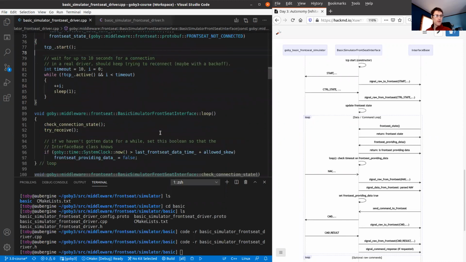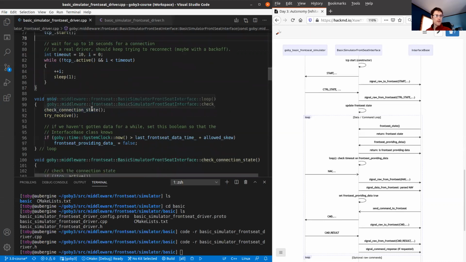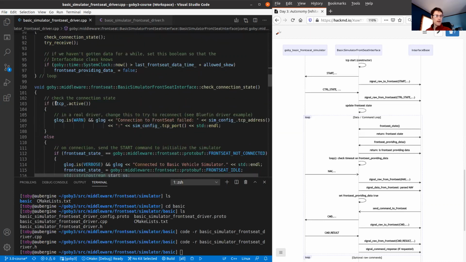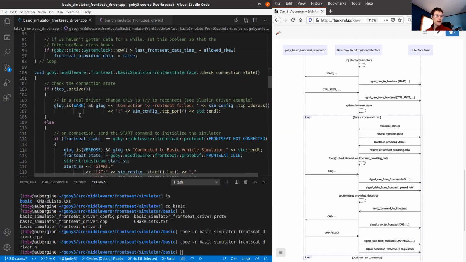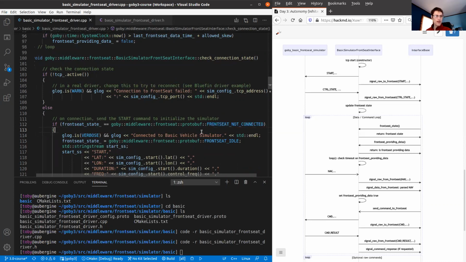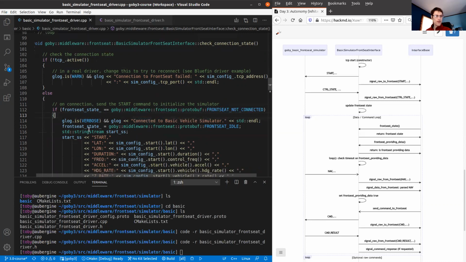Essentially once we're going, we're in this loop method, and there's a couple of things that the driver does. The first is this check connection state. That's down here. If the connection isn't active, it just spits out a warning to the glog. And if it is active, and it's the first time it switches to being active, because previously it was not connected, it will send the start command.